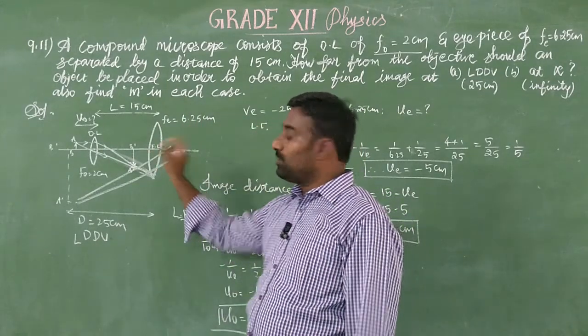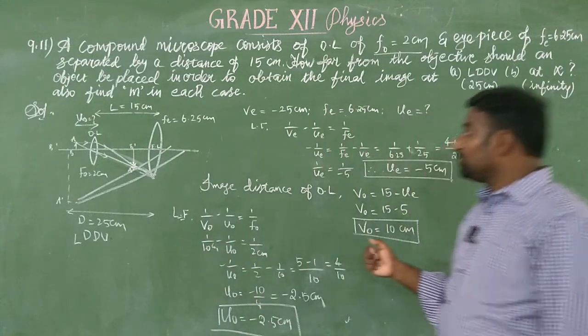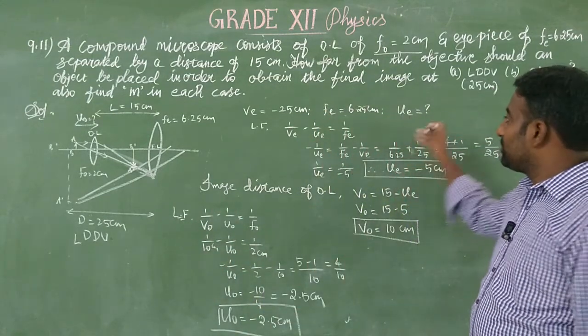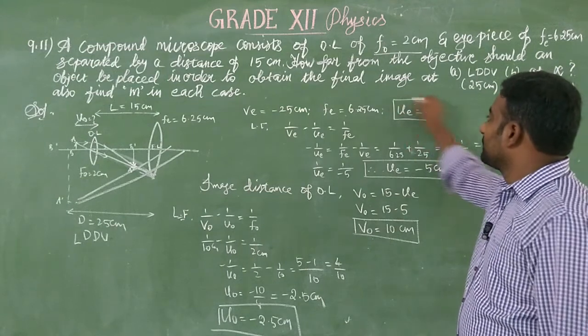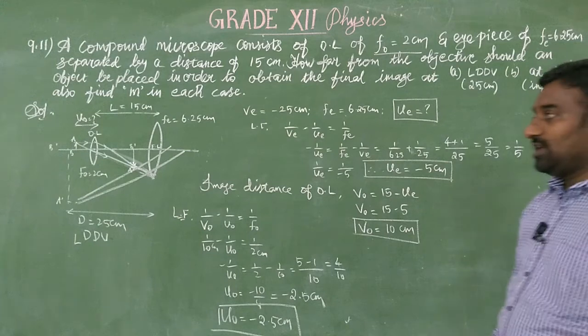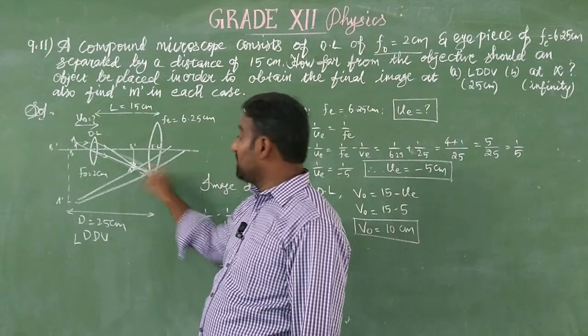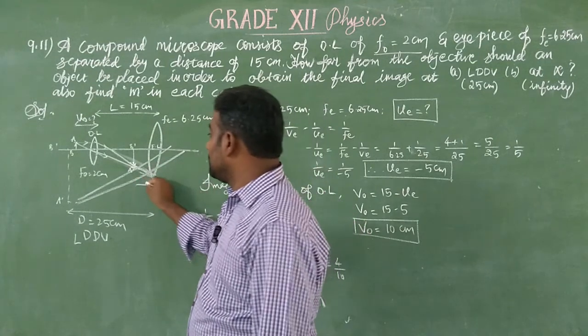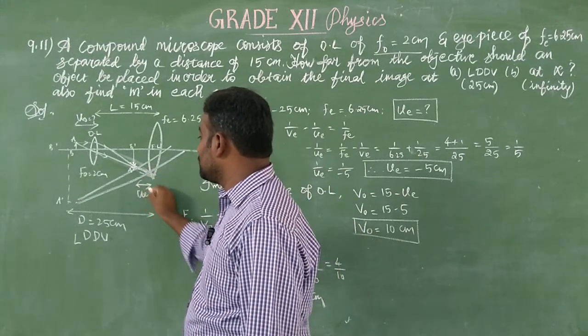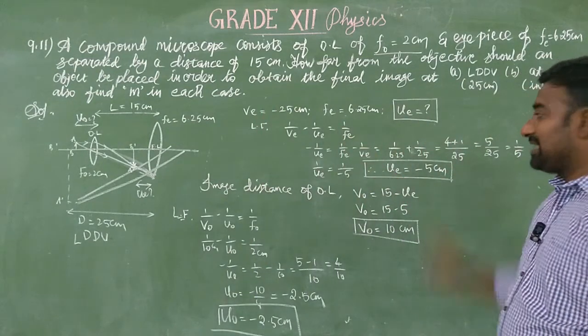How far the object is placed from the lens, we calculate that, and then we calculate the magnifying power. How do we calculate it? First, our aim is to determine the objective distance of the eye lens. That is, the image of the first lens becomes the object for the second lens. How far it is, we calculated. That is UE. So this is what we are going to calculate. From the lens formula, we have calculated it.